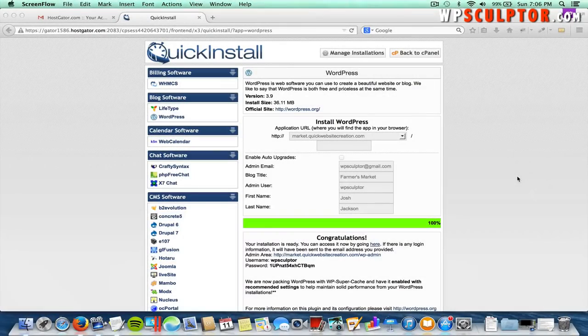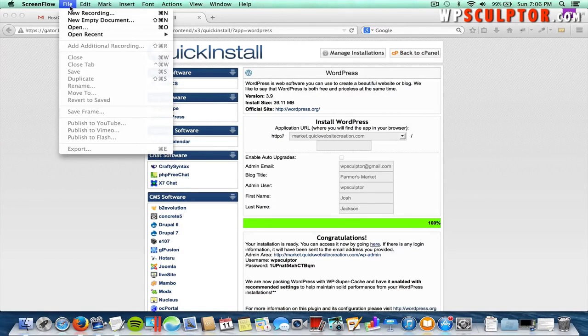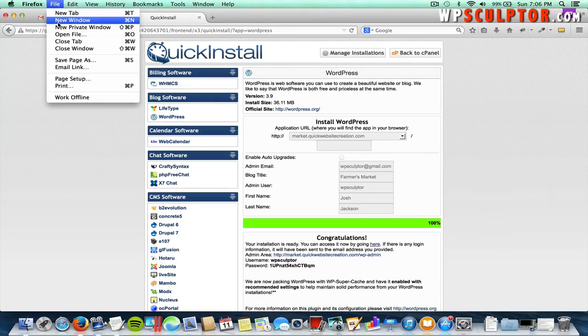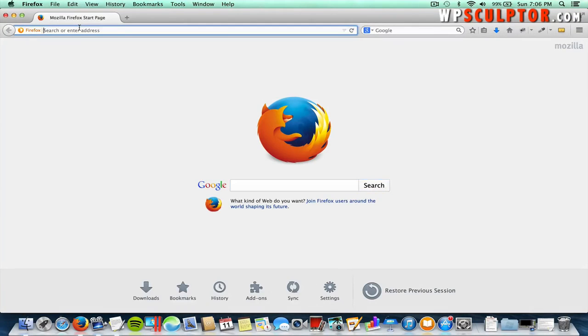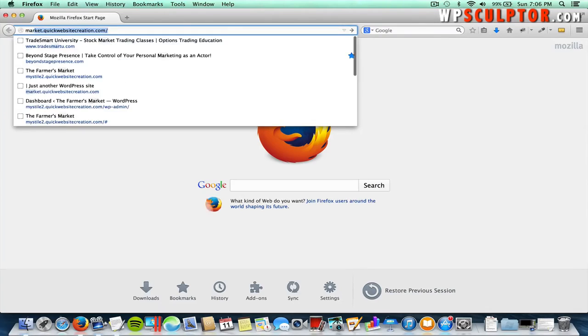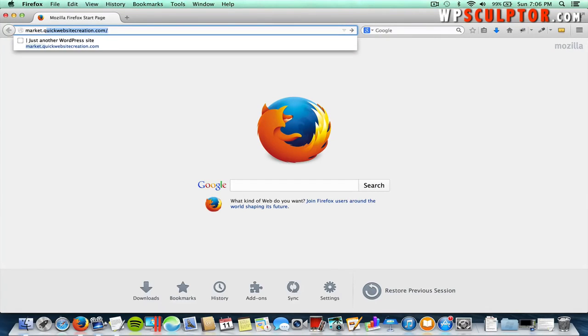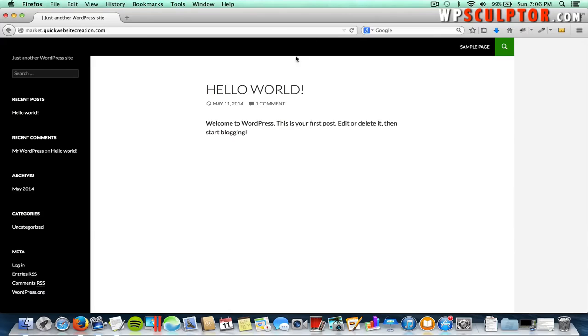Alright, after a couple of hours, it's time to open up a new tab and see if our website's available. So I'm going to open up a new window here. And you type in your domain name, so in my case it's going to be market.quickwebsitecreation.com. And when you get a page that looks something like this, this is what a brand new WordPress installation looks like. This is the 2014 theme, the default theme that comes with a WordPress installation. Of course, we're going to change this up entirely and use a completely different theme. But when you get this page, you know you're ready to go to work on your website